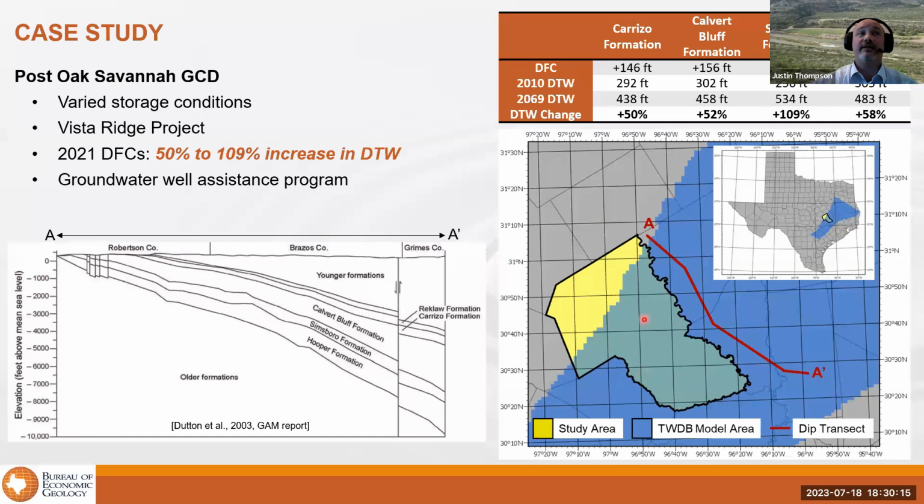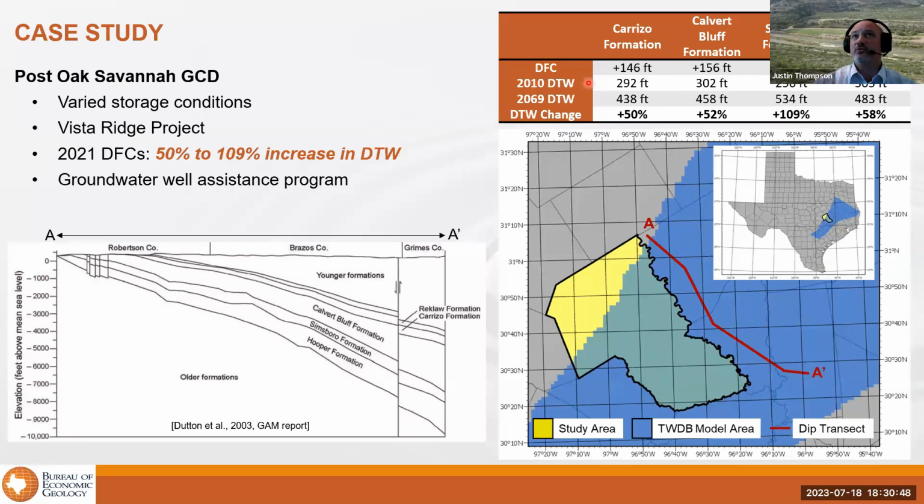Other reasons, the latest 2021 desired future conditions, right? The management plan for how we're expecting this aquifer to change over time, over the planning horizon, anticipates a 50 to 109% increase in depth to water, right? There's a range there because the change in depth to water is formation specific for each of the 4 formations of the Carrizo-Wilcox, right? So for example, the Simsboro Formation, one of the more productive formations of the aquifer in this area,